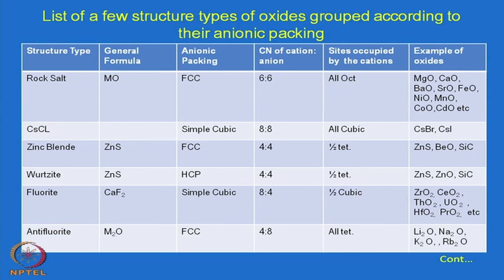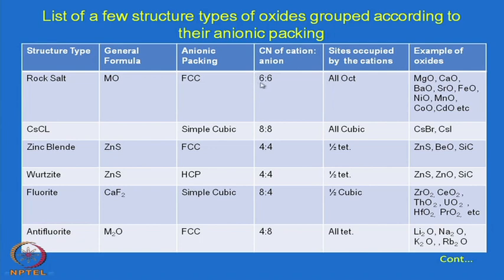Rock salt structure, we have discussed its basic features. What we are presenting here is a consolidated picture of all the different oxides we come across and their structural features. So, the simplest structure type is actually rock salt, and its general formula is basically MO, a bivalent metal with oxygen. In case of the rock salt or sodium chloride structure, as we have discussed earlier, the basic anionic packing is a closed packed structure of FCC, that is face centered cubic or cubic closed packed structure. We discussed the coordination number,